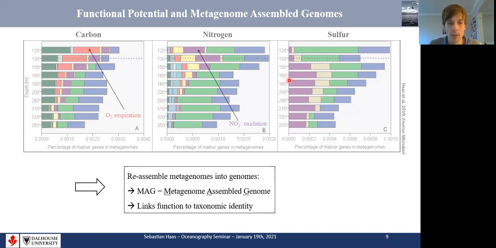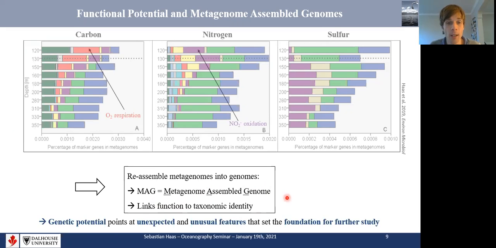The next thing we did with these metagenomes was to reassemble them back into genomes using metagenomic binning techniques that create so-called MAGs, metagenome assembled genomes, which are basically draft genomes where you try to make sense of this big pool of genes you get from the metagenomes and try to reassemble the genomes of microbes from which these genes stem. And this allows us to link the functional information from metagenomes back to the taxonomic identity of the microbes that